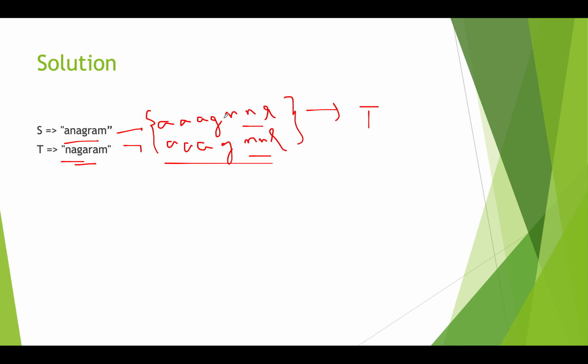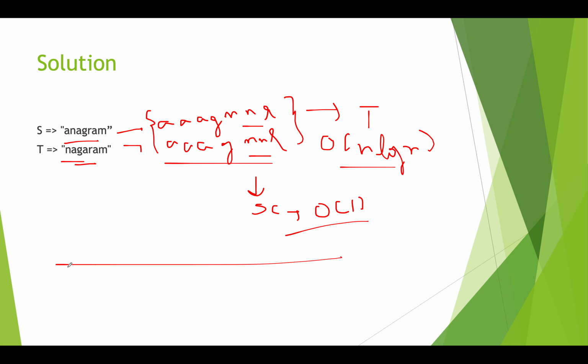What will be the time complexity of this approach? The time complexity would be n log n needed for sorting the characters. The best case time complexity would be this. What will be the space complexity of this approach? It's constant because you are not creating any extra memory for operating on these two. So can we do better than this in terms of time? Yes, the answer is yes. How can we do it?